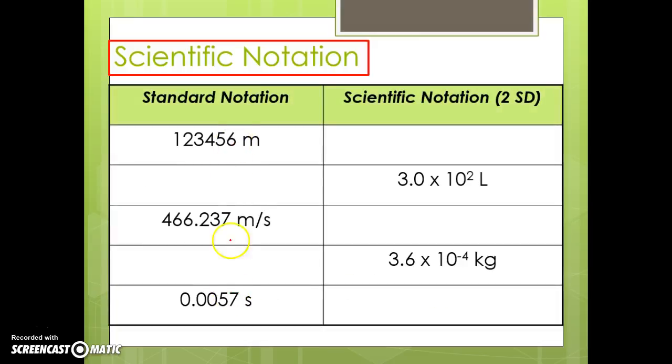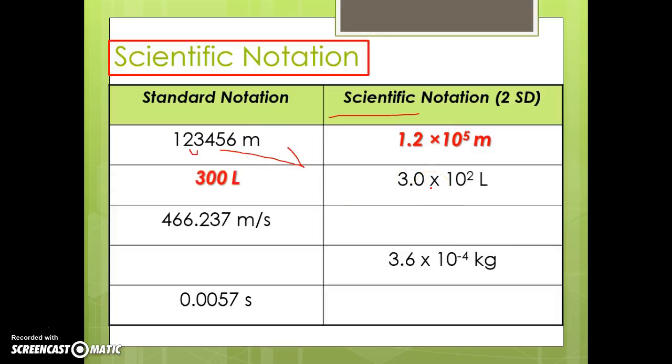So standard notation is the number how we would normally write it, and scientific notation is how scientists write it. So that number becomes, we need it in 2 sig digs in scientific notation, so we have to round up. So we use this 3 and keep the 2 the same, so 1.2 times 10 to the 5. Then for this one, if we want to convert back, it'll be